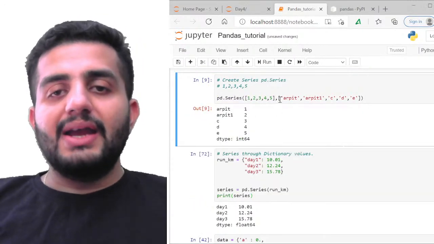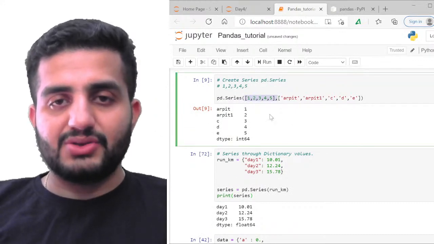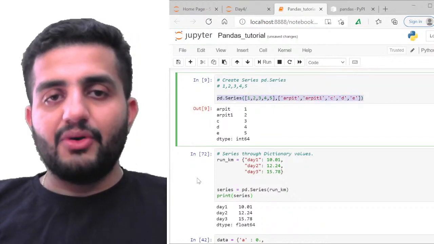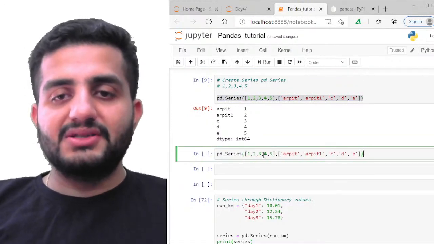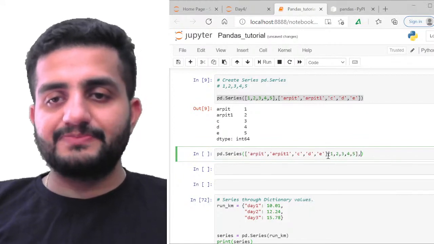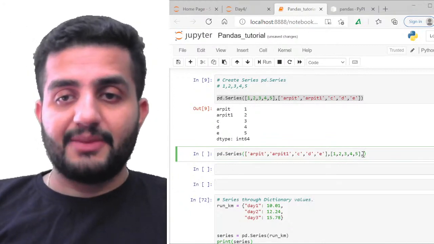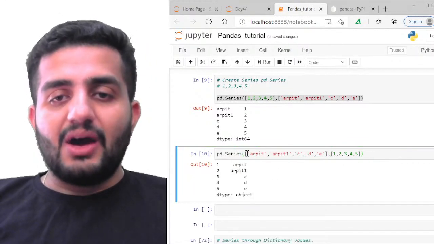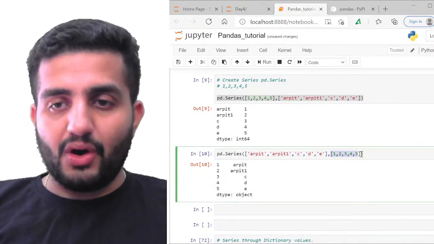Cool. Now again, an important thing to notice: what if I just reverse the order? Same thing, I have this element here. This is my data, 1, 2, 3, 4, 5, and my indexes are Arpit, Arpit1, C, D, E. I'm just going to reverse the whole content here. So let's do that. Now the first is the index values, which was supposed to be the index, Arpit1 and all that. Let's see now what the data is. If I've reversed it, you can see this has now been taken as my data, and the second, which is my index in the order, you can see the order.